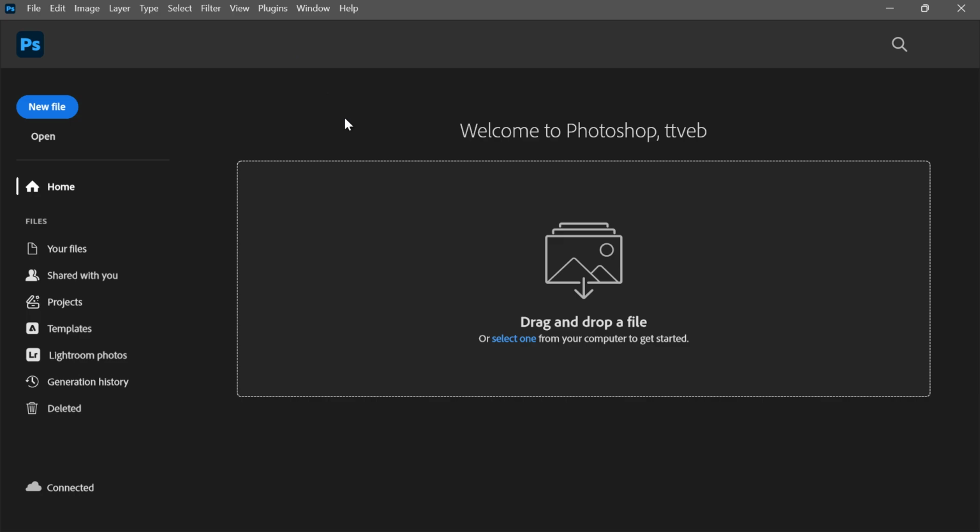Once you've done the reset, reopen Photoshop and check if it starts normally. You may need to sign in again or reapply a few custom settings, but that's a small trade-off for getting